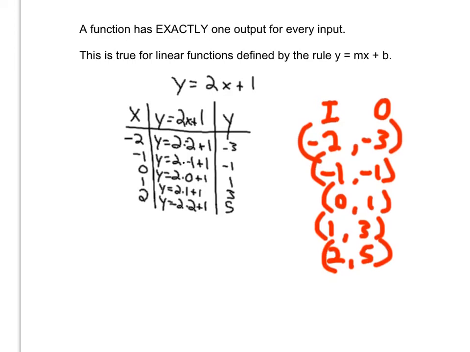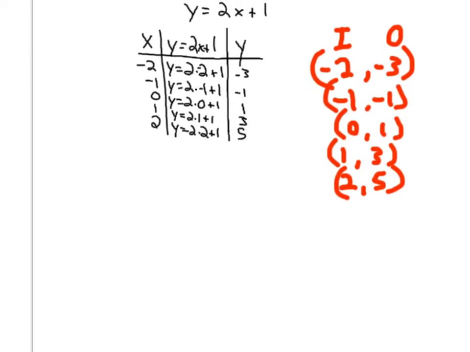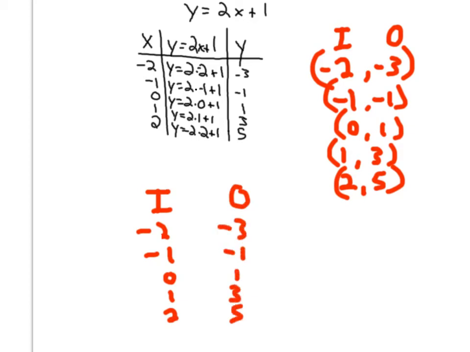Now your book is going to write some input-output tables where we like them like this, for graphing. You're going to see some input-output tables where they list your inputs. So those inputs are -2, -1, 0, 1, and 2. And they'll list our outputs. And then they'll just match up the ones that go together, like this. This is a function,